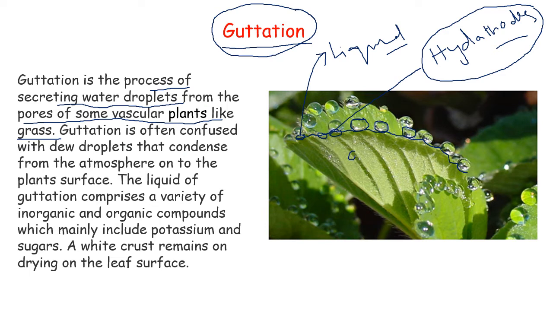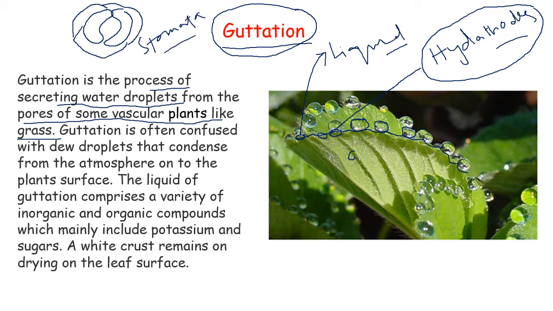They are present on the upper surface and on the lower surface of the leaves, and stomata are formed by certain specialized cells. There are two guard cells, then there may be subsidiary cells in different arrangements. Okay, this is stomata. But these hydathodes are not surrounded by any specialized cells. Stomata are surrounded by specialized cells,